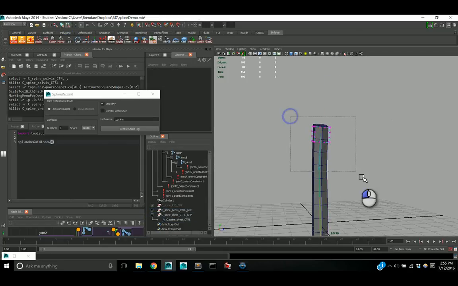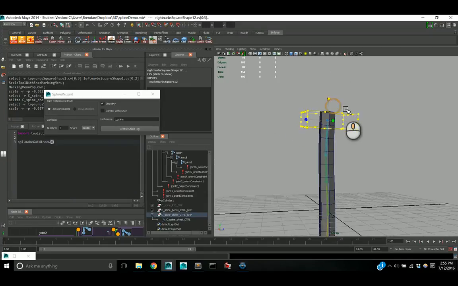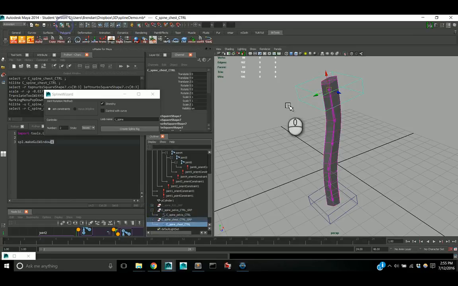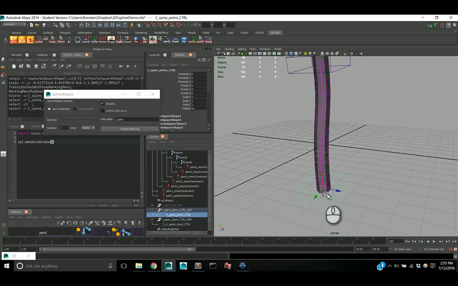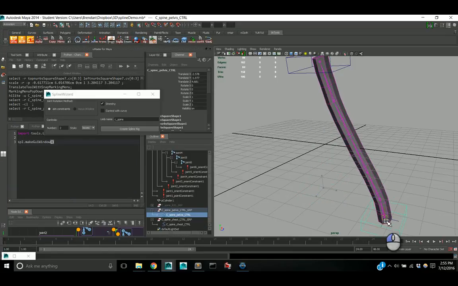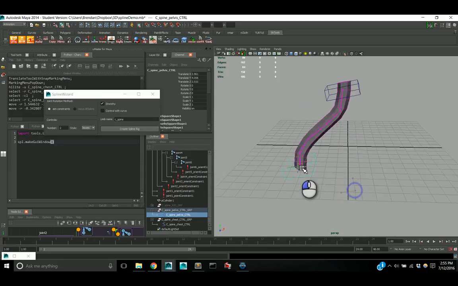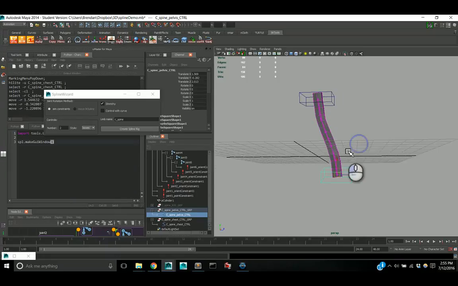Just for convenience. Okay. Now you can see we have our hips control and our chest control, and you can see that it's stretchy and it has the kind of spline-like behavior of being able to grab one and the other one stays put, and rotating,